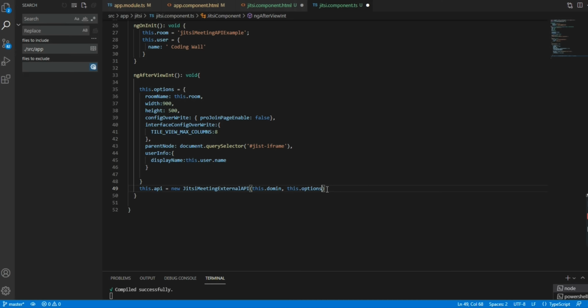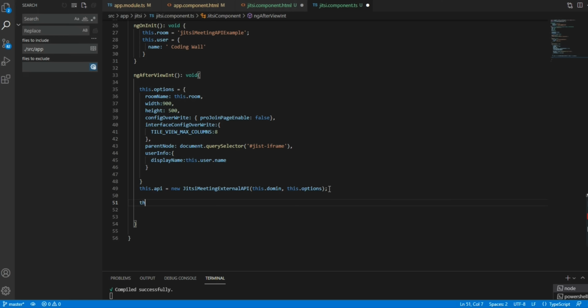My mouse touch is very sensitive, so that's the reason it was completely erased. Okay, here we will pass this.domain and this.options. Here we completed this thing.